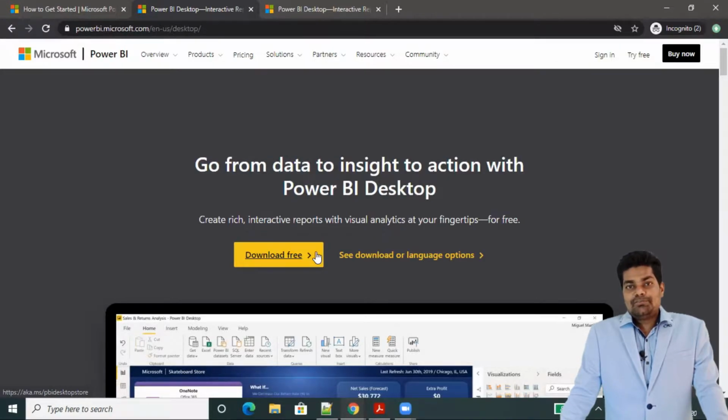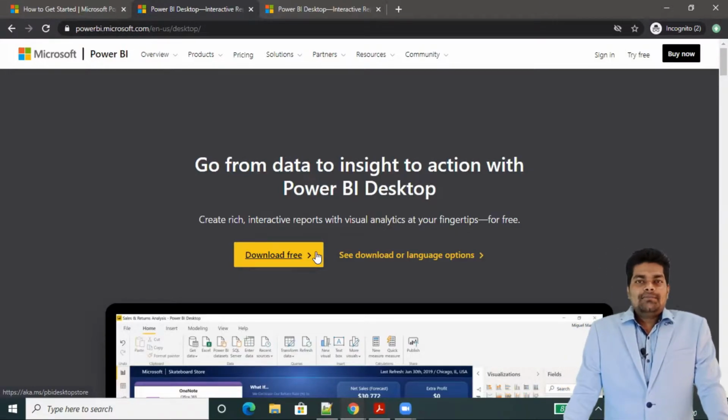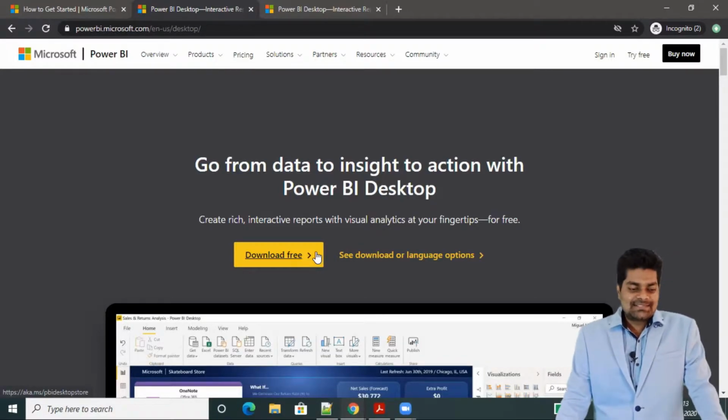So generally what I do when I use Power BI in Mac, I have VMware and Oracle VirtualBox. So I prefer Oracle VirtualBox because with Oracle VirtualBox there is no limit, no licensing problem. So we can easily download Oracle VirtualBox and we can install Windows OS. Then how we are installing softwares in Windows OS, same we can install inside the Mac. So okay, anyway, let's get started.